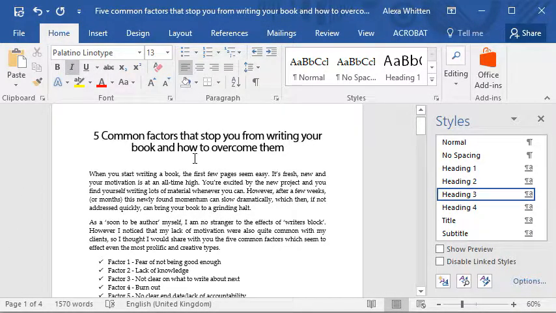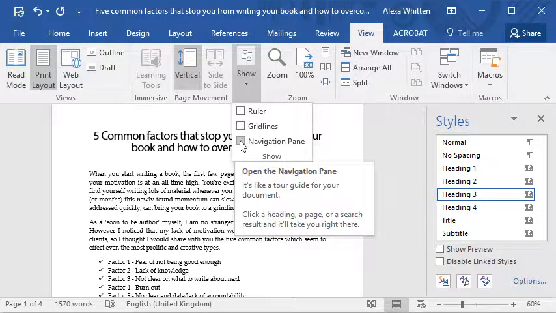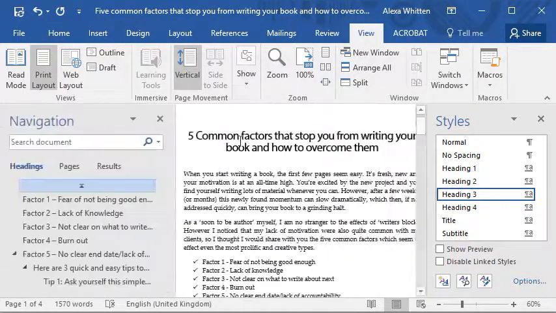And the way that you do that is you get up your navigation pane. So if you go along to the View tab, so at the moment you're in Home, go along to the View tab. Now, it doesn't actually show it here where your navigation pane is, but it's actually in this section here called Show. And you just click this navigation pane. And look at that. I've now got a navigation pane